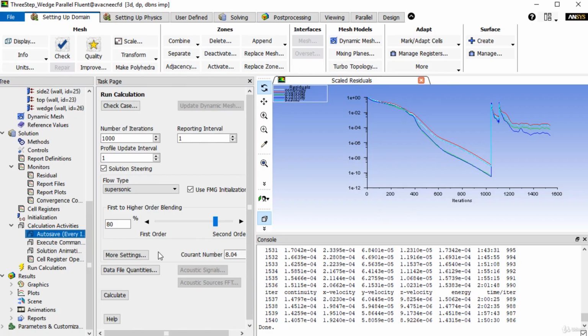In the next videos I will discuss the post-processing of these results in Fluent, and then also in the text plot, and then in AutoCAD as well for measuring the angles of the